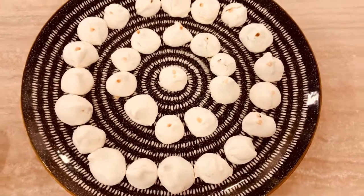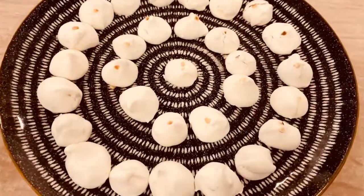Soft, nutty and crispy macarons are now ready. I believe your kids will enjoy it,